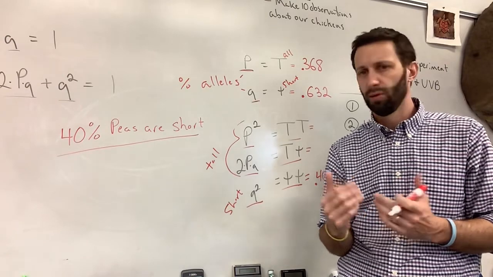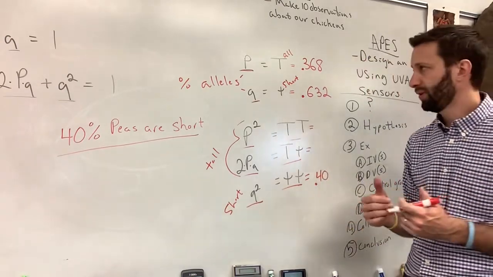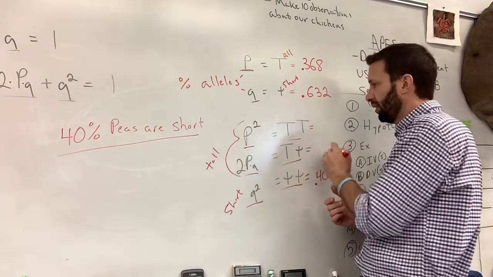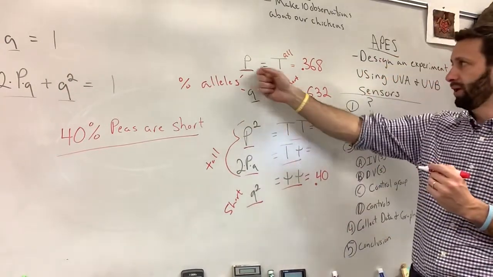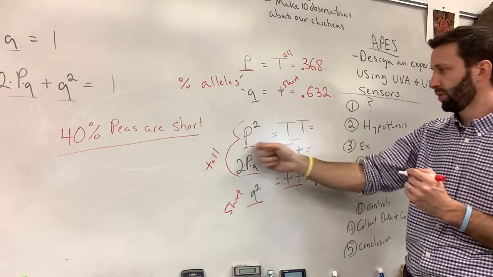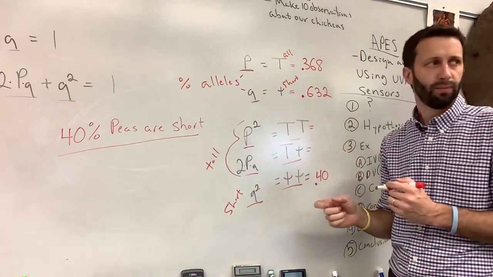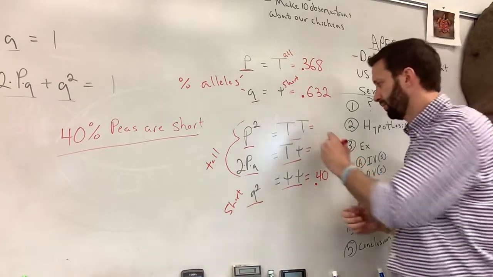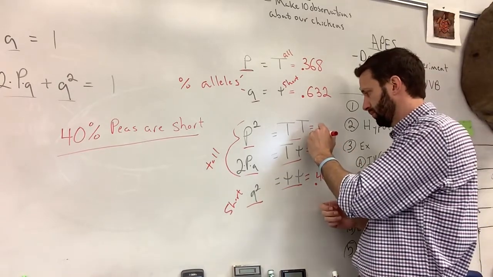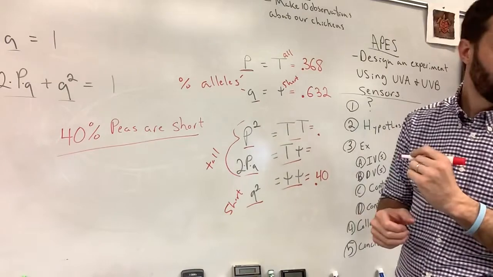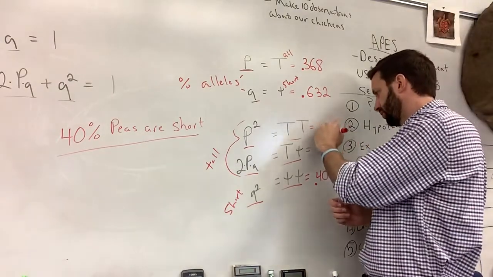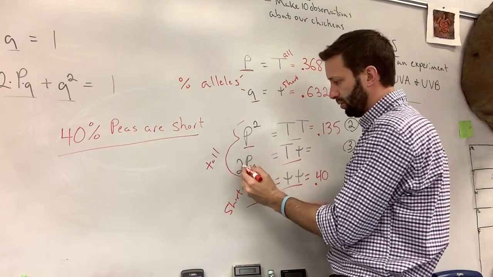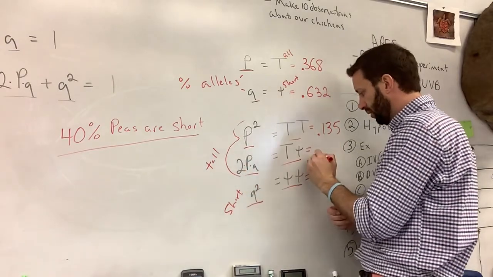P squared. Well, really, either one, right? We've got the information. We've got p up here, so then naturally we probably do it. So all you do, if p is 0.368, then p squared would be, you do what? Square it. And what do you get? 0.135. Yell it, Tay. 0.135. And then to get 2pq, all you do is multiply 2 times p times q, and you should get,